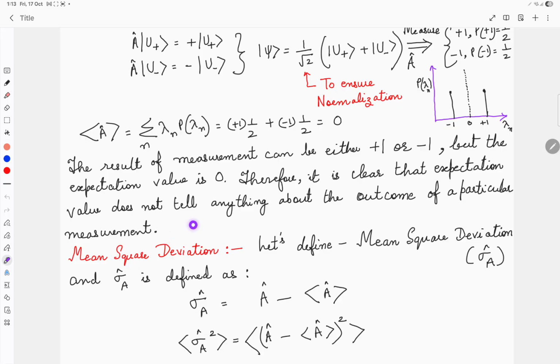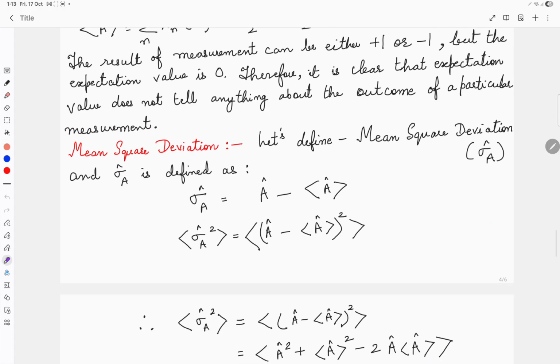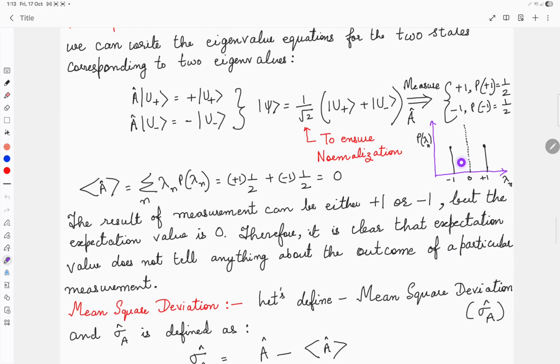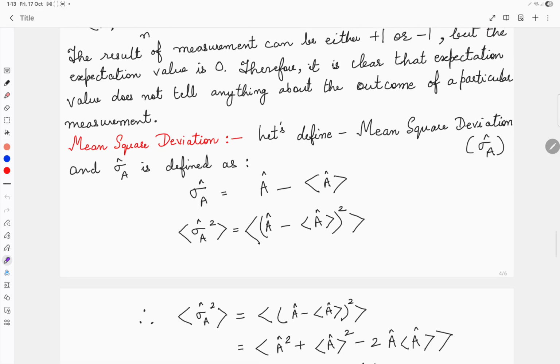This is what I was trying to explain. Another term that we will define is the mean square deviation, because the expectation value gives a particular value, but it does not give us the spread of the probability distributions. So I will also explain why the expectation value does not come up to the